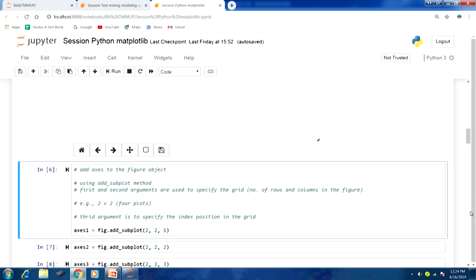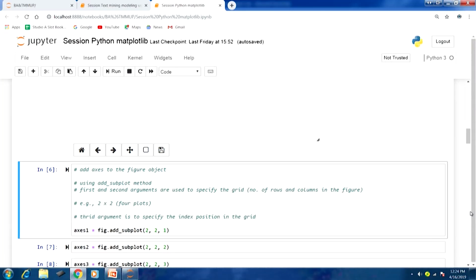We can have 1 row and 4 columns. So, we will have to decide the grid, that means the configuration of rows and columns, the way we would like to generate different number of plots. So, number of rows and number of columns, the first and second arguments, can be used to specify the configuration of the grid that we would like to use for our plotting. It will configure the figure object that we have already created.